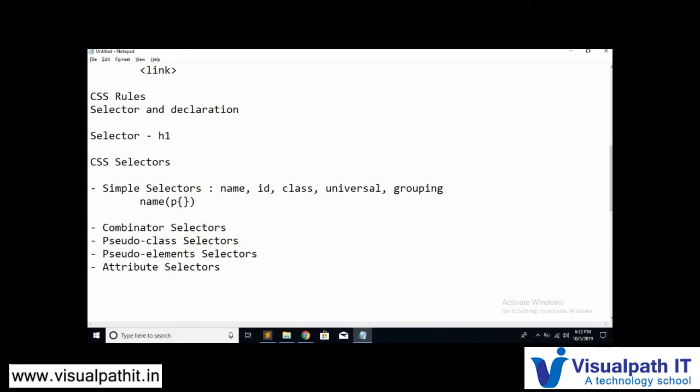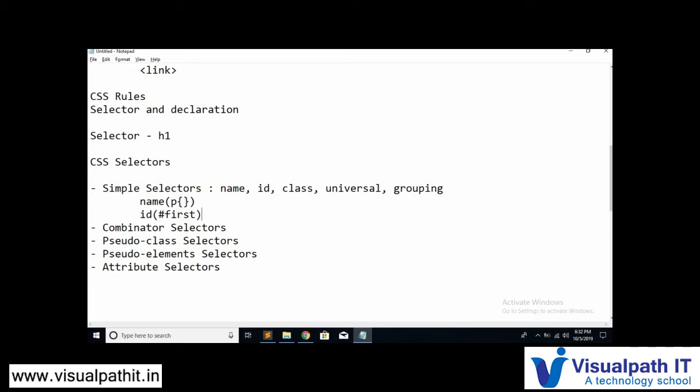And the next one is the ID selector. Now what's this ID? ID selectors are uniquely identified with one special character, that is hash. When you write this ID selector, you should always make use of this hash followed by the ID name. So now let's take the example ID name as first.